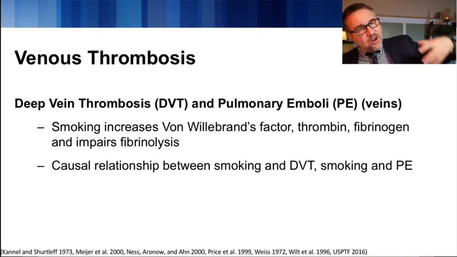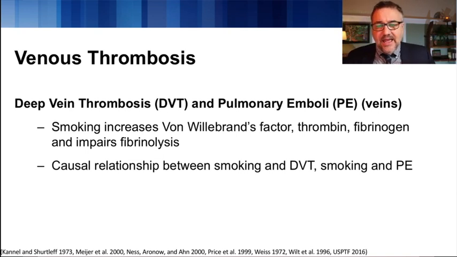Venous thrombosis. So now we're on the venous side, and we have an increase in clotting factors, again caused by these inflammatory cytokines from smoking: von Willebrand's factor, thrombin, fibrinogen, and that impairs the breakdown of clot. The way that I think about this is little tiny clots are always forming throughout the body. There's a little interpretation: oh, maybe there's a break here, maybe we need to make a clot. It looks like we don't, and then we break that down, and that's happening all the time in the bloodstream.